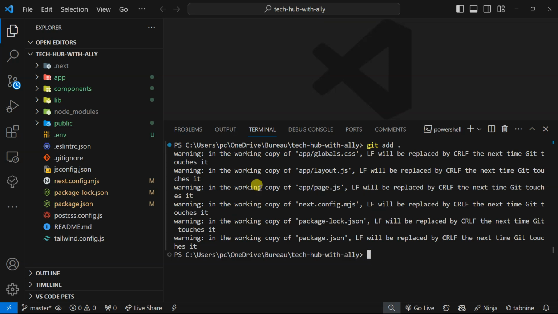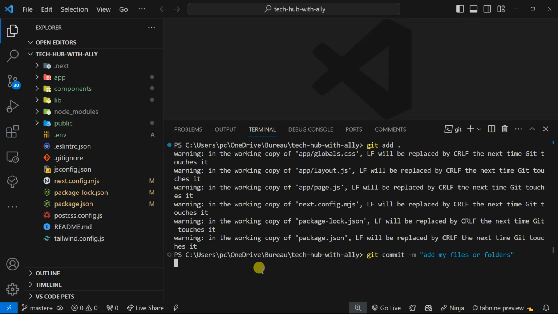Now I have to commit the changes that I have just made. So I have to type here git commit space dash m double quote space double quote. Inside the double quotes you put a message. You see there are 30 changes which are being added to the application, so I want to commit them. I can say maybe add my files or folders. This message doesn't matter, type anything which is good for you, but let it be at least in present tense. Then press enter